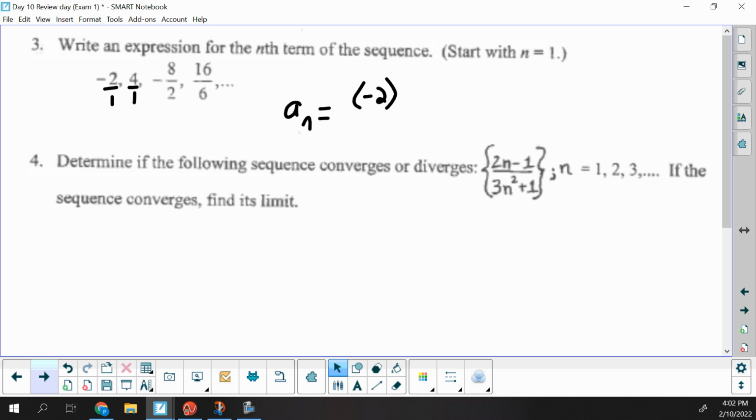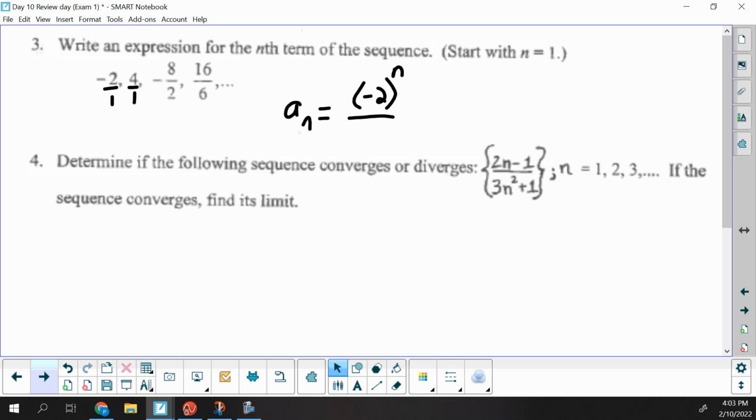Since our first term must be a1, we can have this be -2 to the n, so that when we sub in 1, we get a negative, 2, we get a positive, and so on. Now, you could have also done separately the negative and the 2's. You could have done -1 to the n times 2 to the n, and that would be perfectly fine as well. Now, for the denominator,